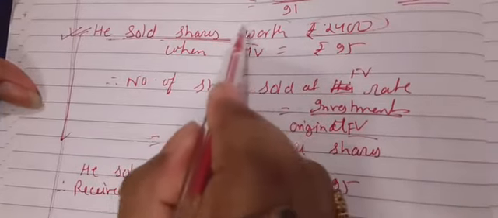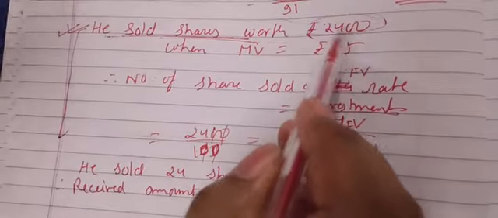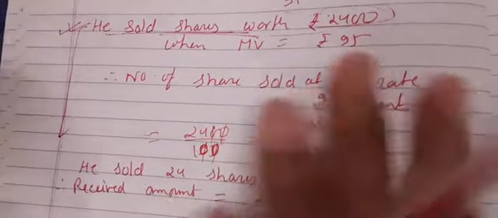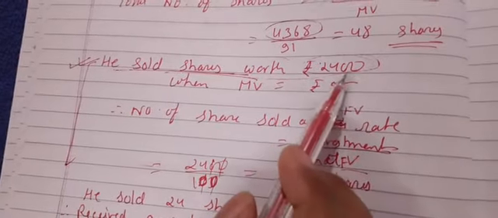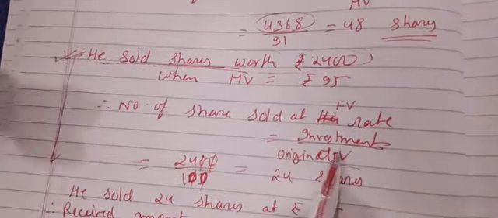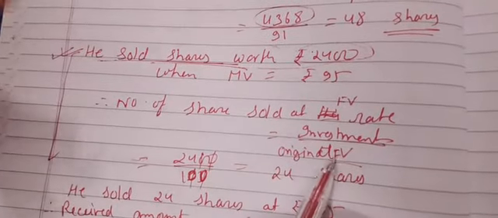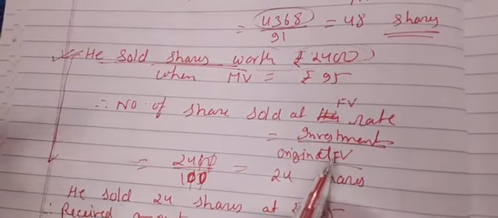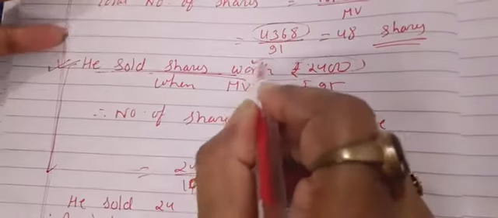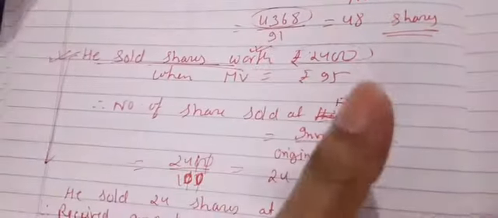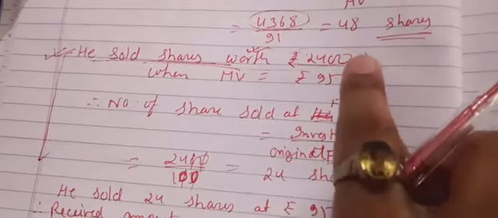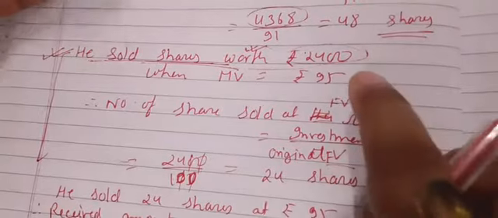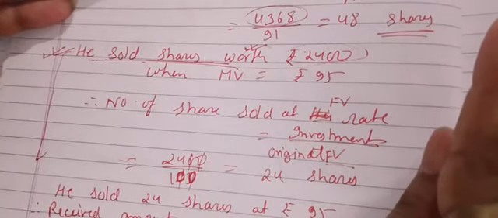Because whenever you see that worth rupees is given, any amount, maybe 1,000 crores, lakh, whatever, that person sold his shares worth that much rupees. It means when you decide how many shares he sold, at that time you will divide this investment by face value, not by market value. You must remember this suggestion. Whenever you see in any question of share market that the person sold the shares worth rupees this much, it means that amount you will divide with face value to get the correct idea how many shares the person has sold. Okay.